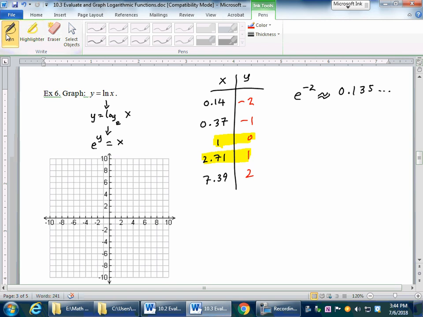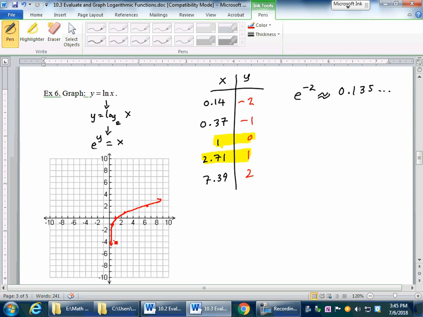At 1 will be 0 right here, and at 2.7 will be 1, and then at 7.3 or 7.4, that will be 2. Okay. And then if you go to the left, notice that 0.3 will be -1, which is a lot faster. So now with this, I can get the same shape, and knowing that it